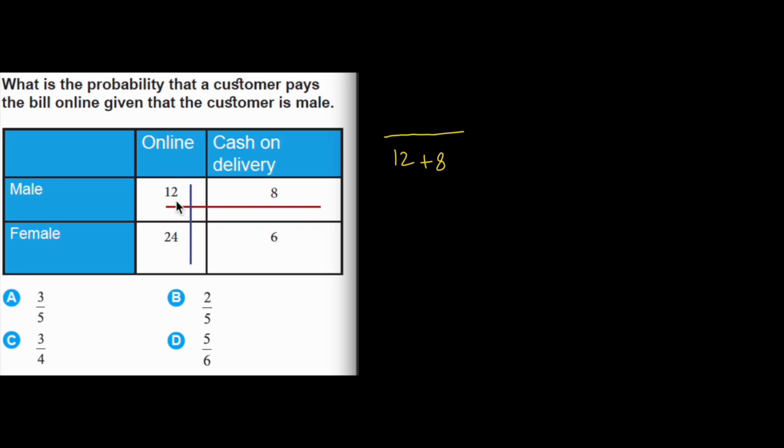Then write down the number of online bill, so it will be 12. So the answer is 12 over 20. We can simplify it. Divided by 4 equals 3, divided by 4 equals 5, so the answer is 3 over 5,